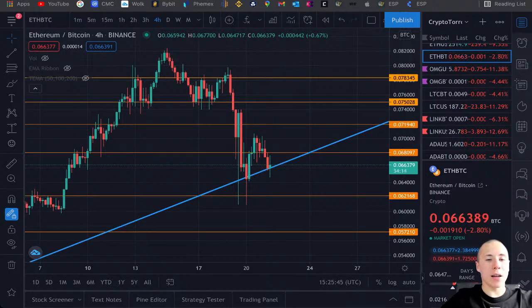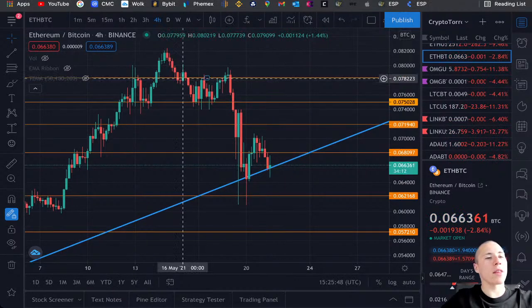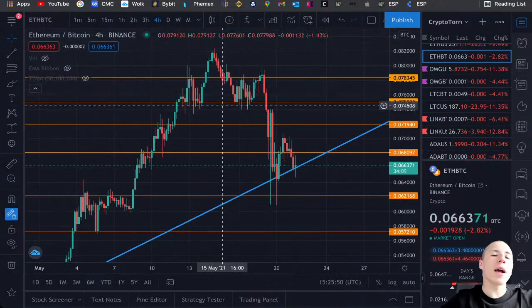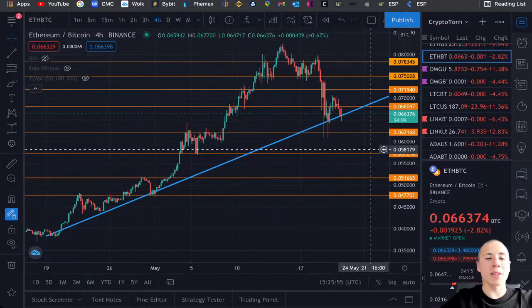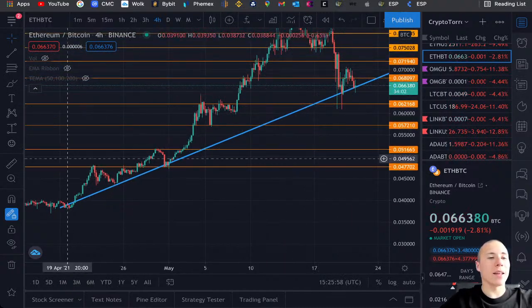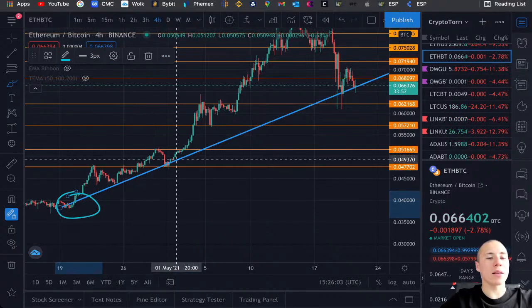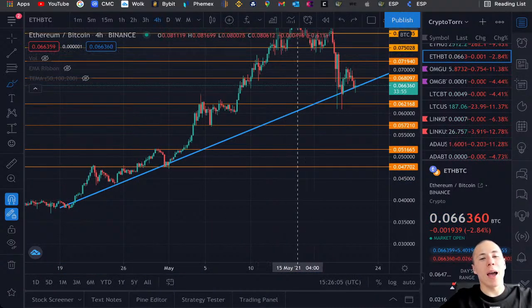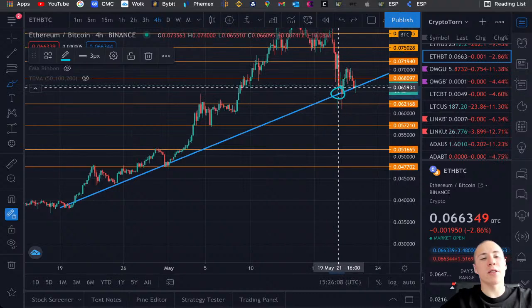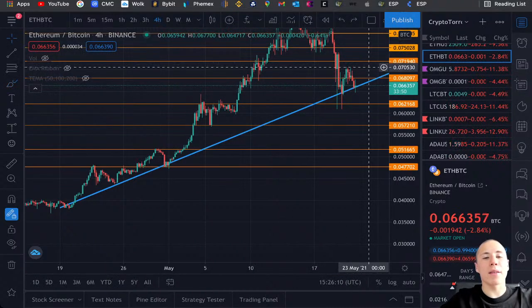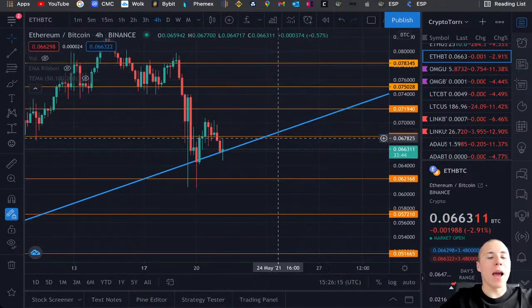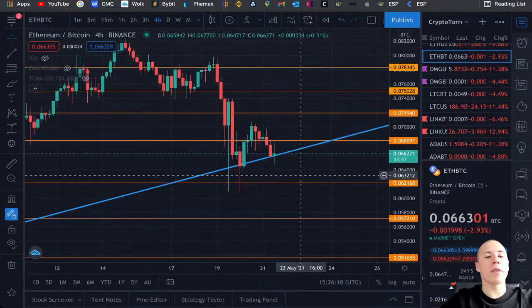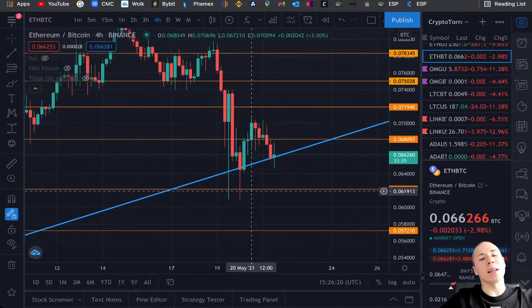So let's take a look at the chart of Ethereum compared to Bitcoin. To back up my theory, what I'm personally very glad that we are seeing is that Ethereum is right now retesting this upward sloping support line that we saw over here, which had already 2 touch points, and it found support right on top of it just several days ago, and right now it is retesting this support line. And I'm personally very, very happy to see this happening